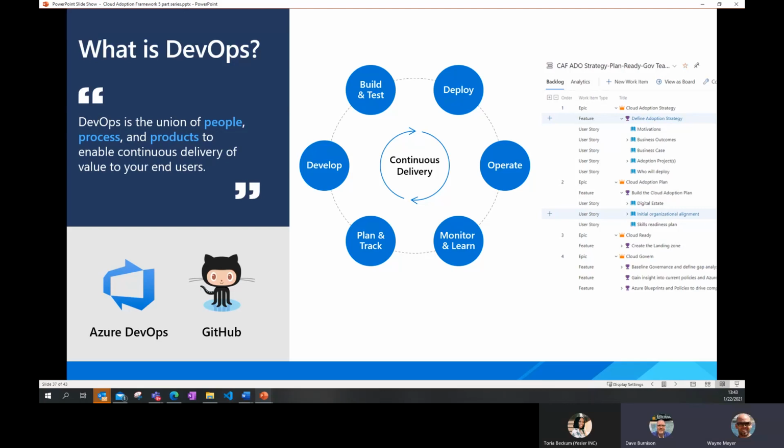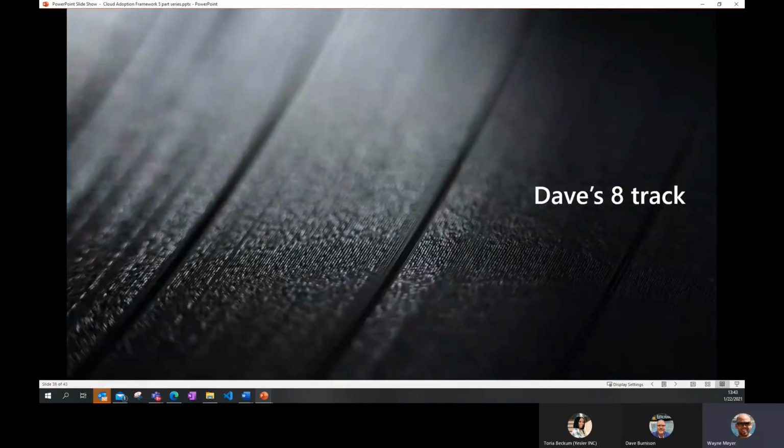Yep. So then, at the technology level, there are two products that Microsoft talks about: Azure DevOps and GitHub. And we're going to talk a little bit about the journey that we've been on as we go through this, and then give some indication around what is coming. You'll see where some of our investments are going. Dave, you've got a great story around your 8-track. Let's hear it. I love analogies.